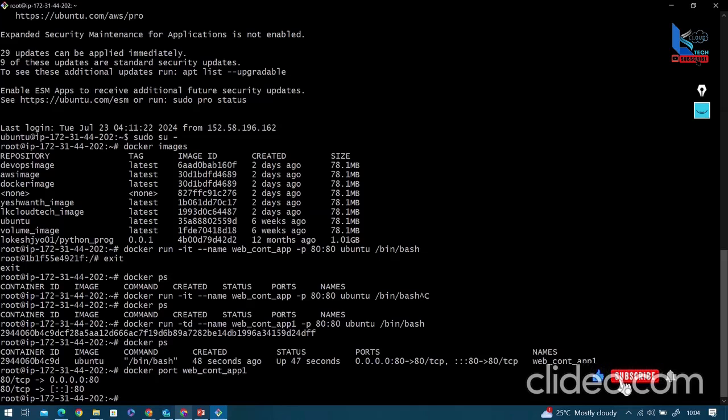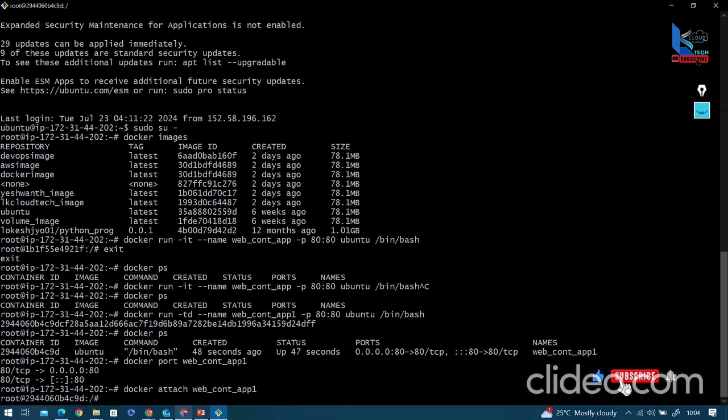But here it is already running. Whenever it is not in start condition, we attach, but it is already running. Why should I use attach? Am I right? For suppose if I want to use Docker attach for web container one, and if you exit,